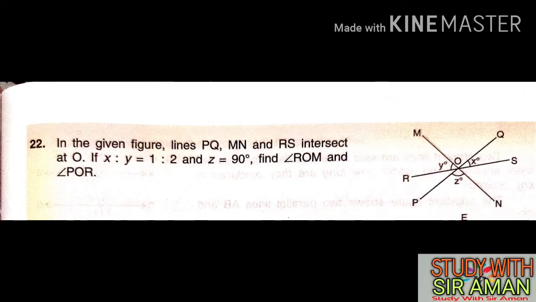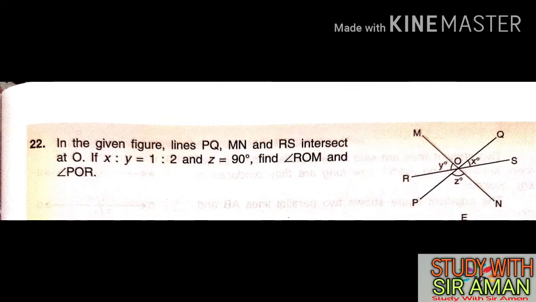Many of you are asking about question number 22 and many of you have done it wrong, so I have done it for you. Check this and try to understand. At first, you see the angle Z. Z angle is in angle PON. So we can write angle MOQ is equal to Z, vertically opposite angle. Since we are reading this chapter, we have to use the concept of this chapter. Now you see RS is a straight line. We will use the concept of a straight line.